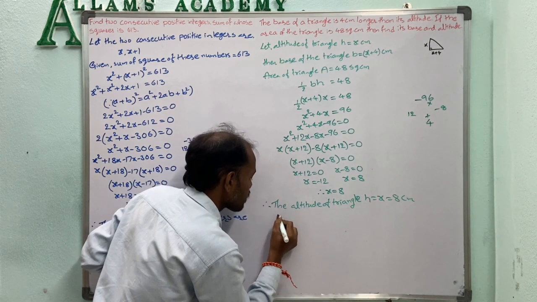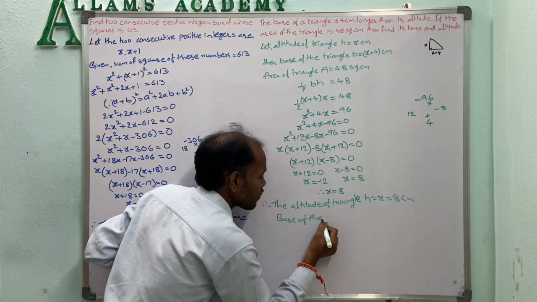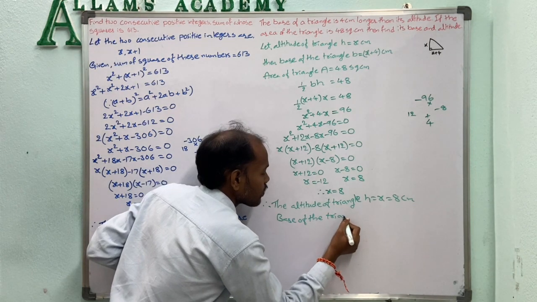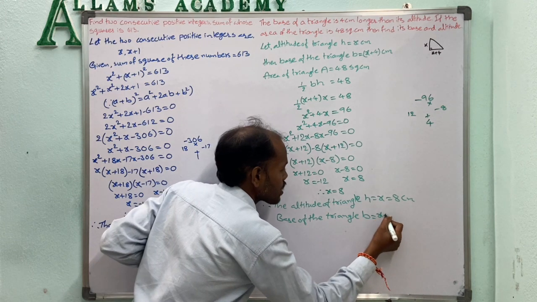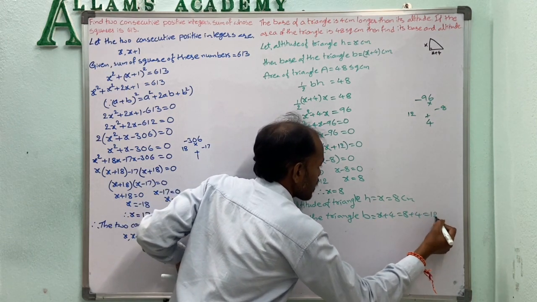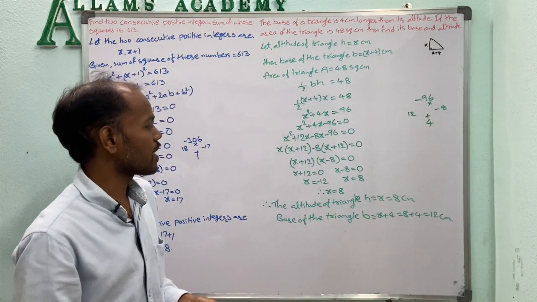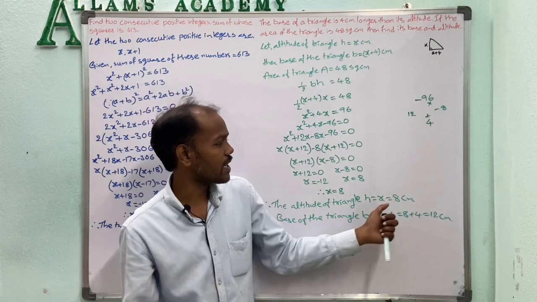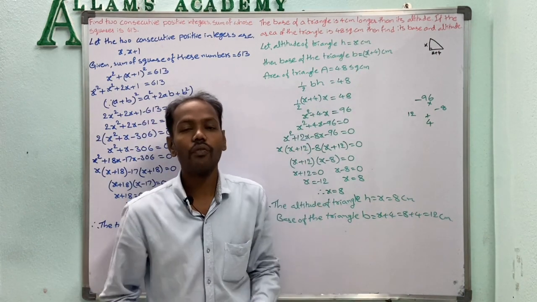Now the base of the triangle is x plus 4, that is 8 plus 4 equal to 12 centimeters. So if the base of the triangle is 12 centimeters and the height is 8 centimeters, then its area is nothing but 48